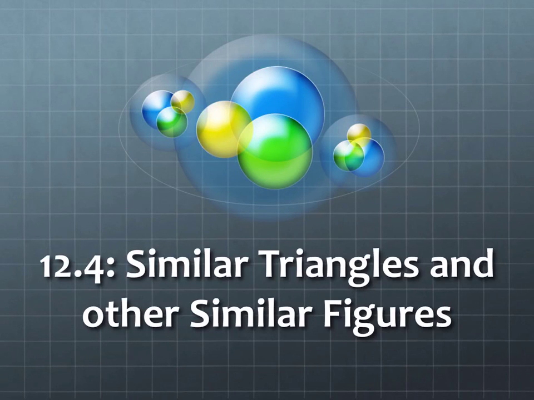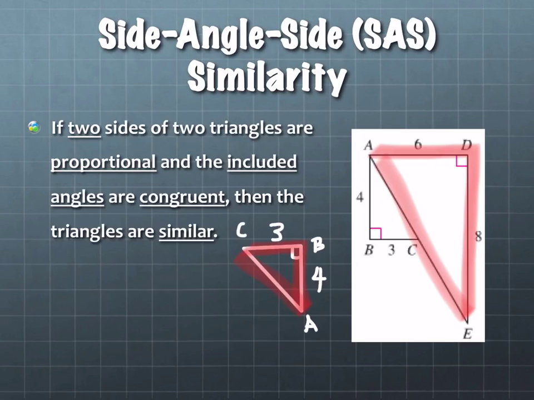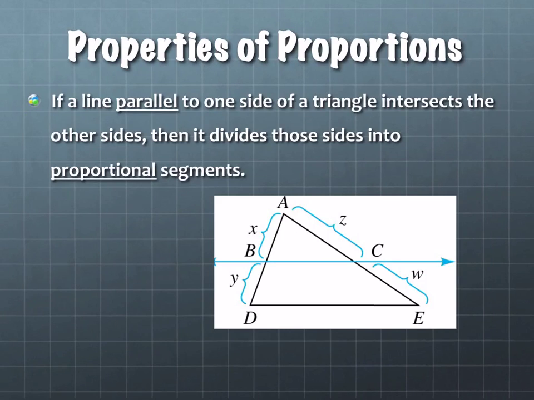Last time we took a look at section 12.4, similar triangles and other similar figures. And we were about to take a look at properties of proportions. We've got quite a few properties of proportions here that we're going to look at. They all talk about parallel sides to a triangle. If a line parallel to one side of a triangle intersects the other sides, then it divides those into proportional